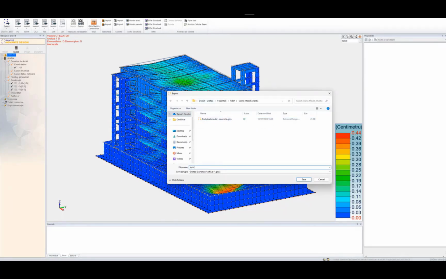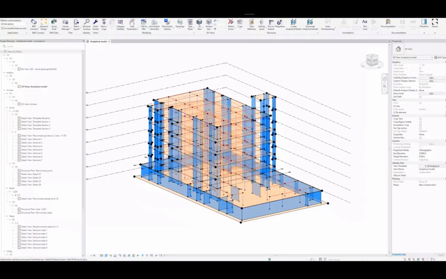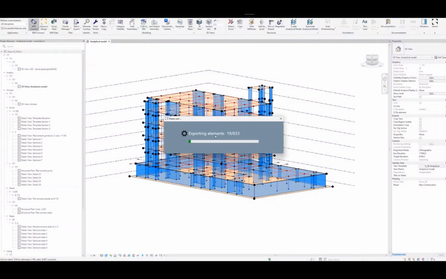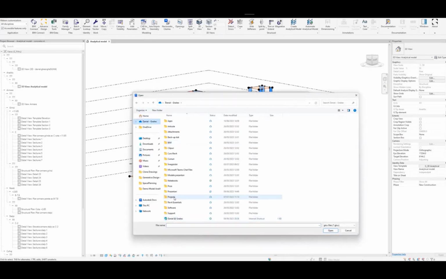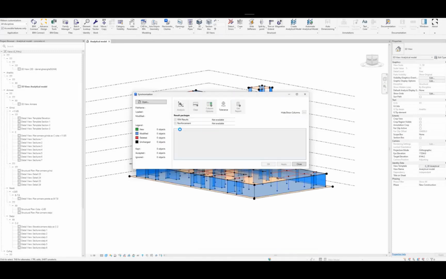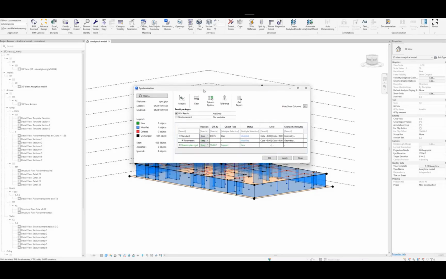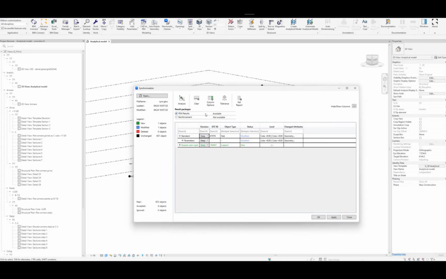Revit. For that, we are using a specific file format which is GTCX, which is GRAITEC Transfer Center Extension, which is our own file format, which enables us, based on XML files, to transfer and exchange all information. Here, for example, some modifications that we can run on Advanced Design. For example, here you can see that some supports were created in Advanced Design that were not initially existing in the Revit model.